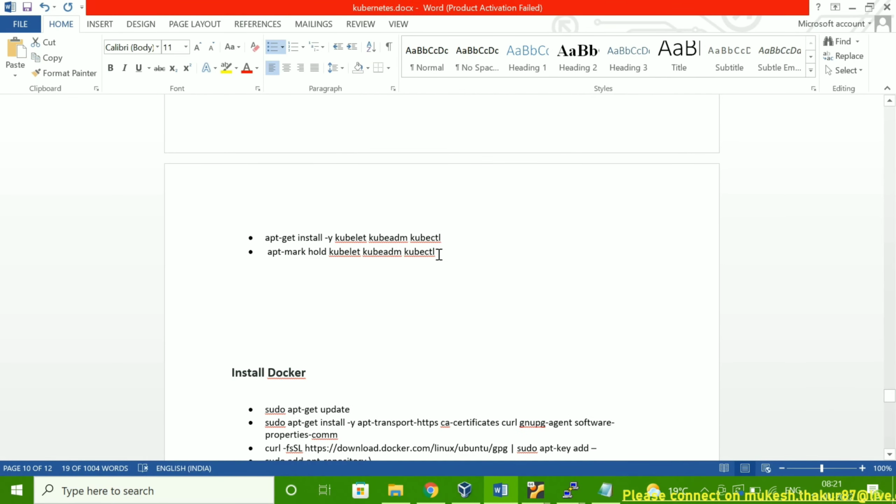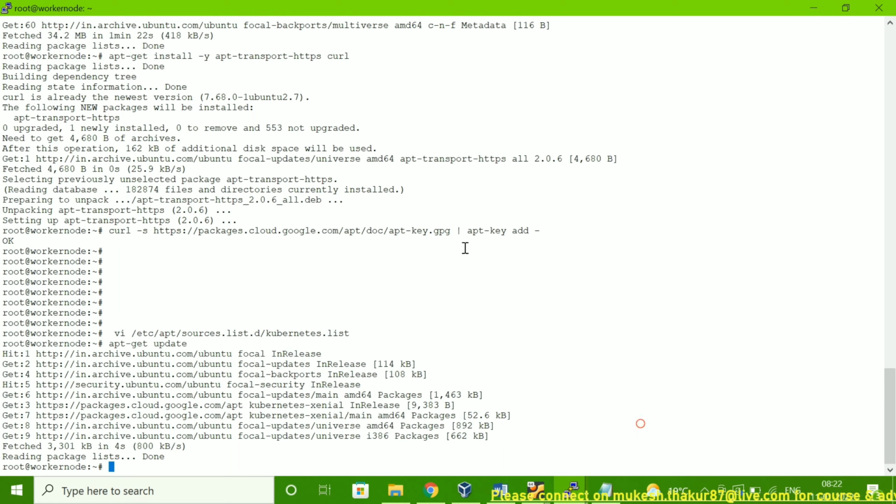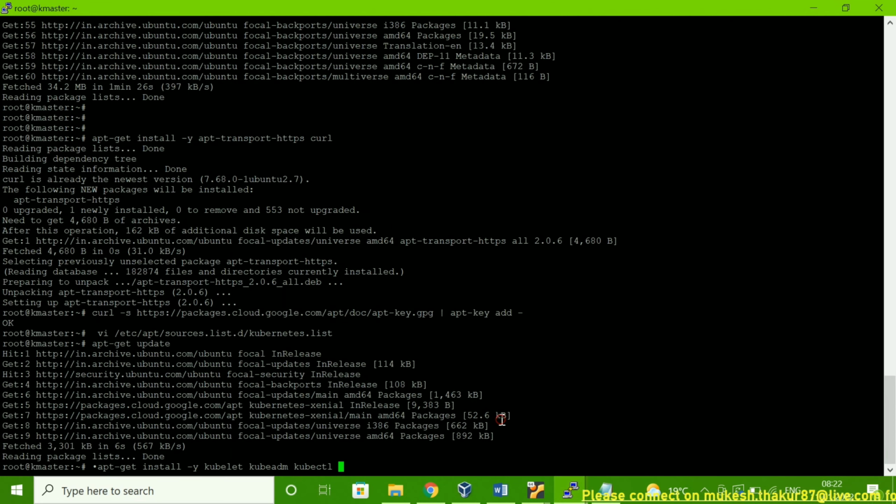Okay, now what we have to do? Now we have to run this command for the installation. I am running on the master node. You can see the master node background is black and the worker node background is white, so you can easily identify. That's why I changed the color.